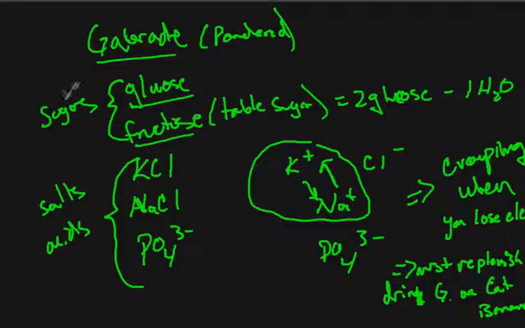So that's a little diatribe on Gatorade and why we drink sports drinks and why they actually do help, and that they were developed in order to replenish the fluids for athletes. And the long story is actually that Gatorade was invented at the University of Florida, and it was a special drink that they gave the Gators of the University of Florida after they competed, and then they marketed and called it Gatorade.